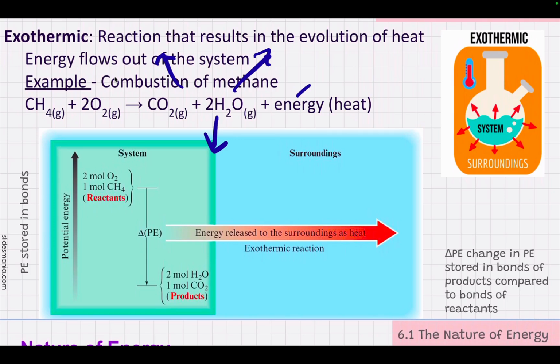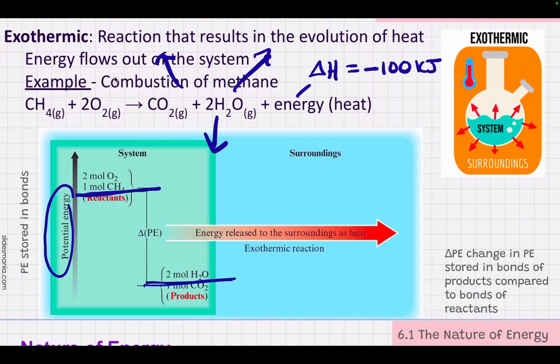And if I tell you the delta H value is 100 kilojoules, we would say it's negative. So the negative means that the energy is given off during the process. So you can also look at the diagram down here, potential energy. At the beginning, those reactants have a certain amount of energy, higher potential energy, and then at the end, the products still have potential energy, but less. So the drop here in the potential energy, we can also say that that's the enthalpy change, and it would be a negative value.